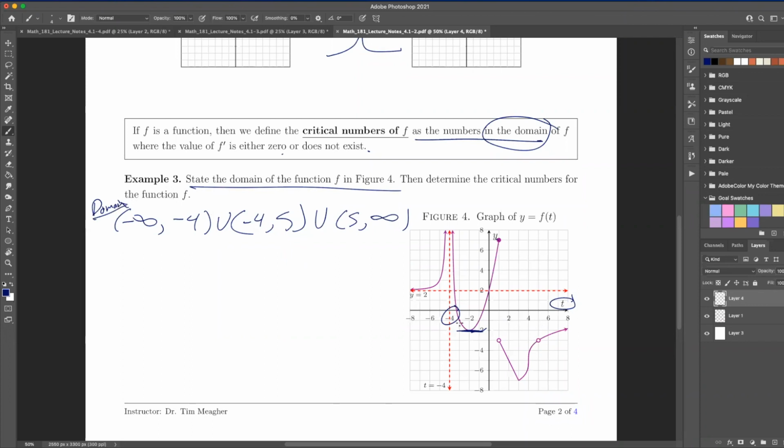Okay, so that's the domain. Does anyone see why that is? Any questions on why this is the domain? We can't have this point and we can't have this point. So it's everything but those 2 points. The critical numbers exist in the domain. And so where does the derivative not exist now? Well, the derivative doesn't exist or is 0. So here, my derivative is 0 at -2. So my critical numbers